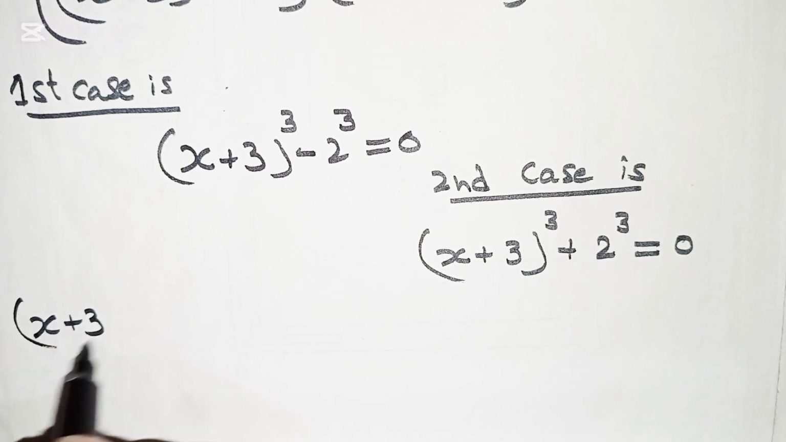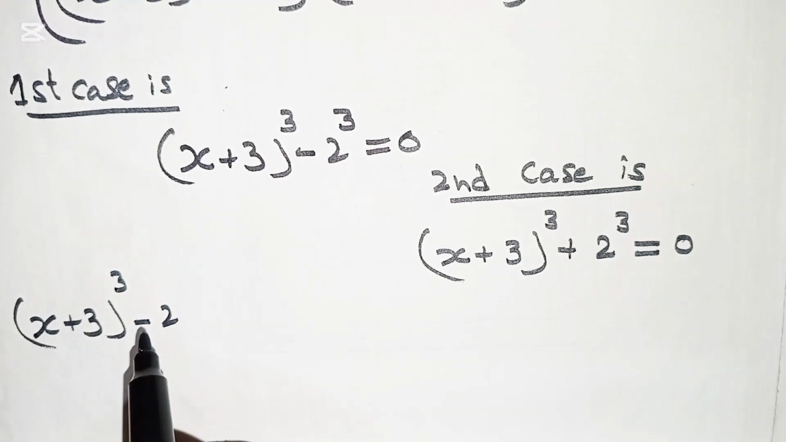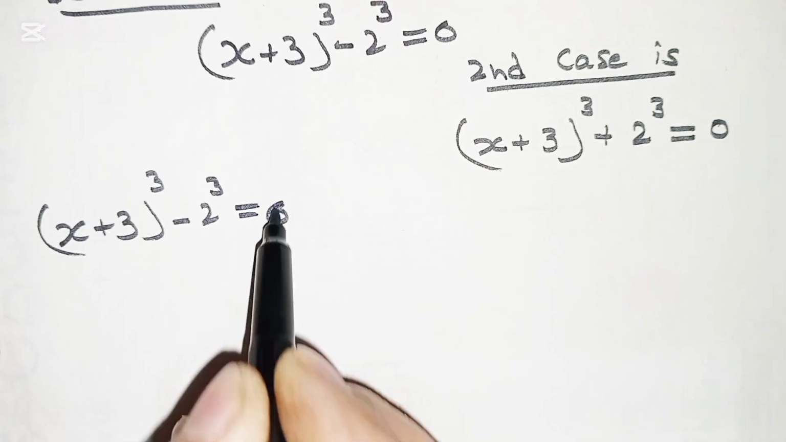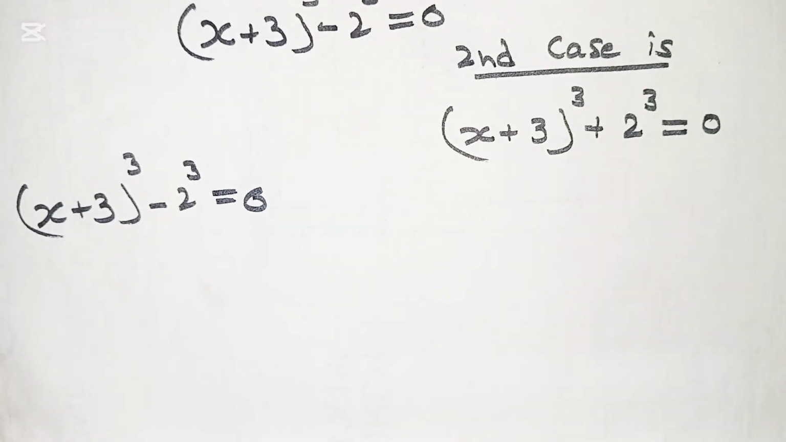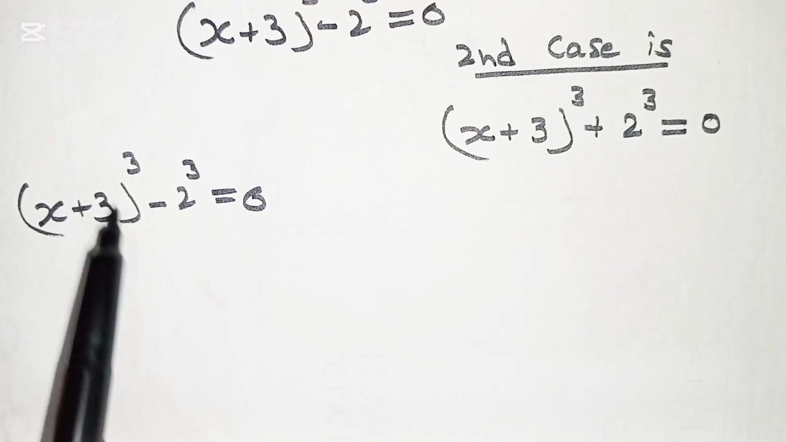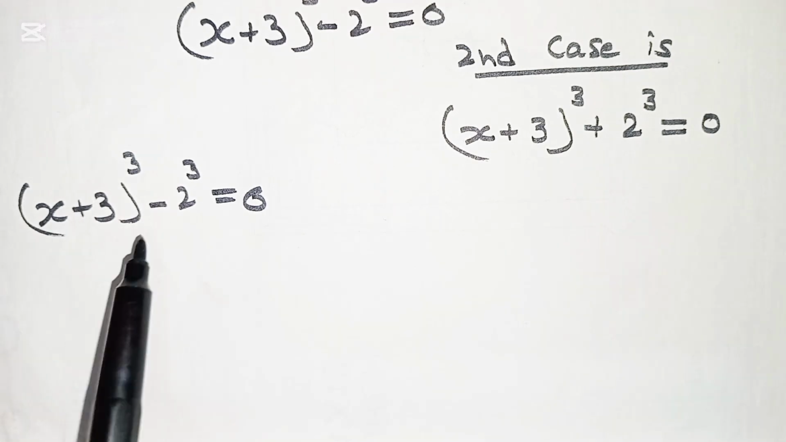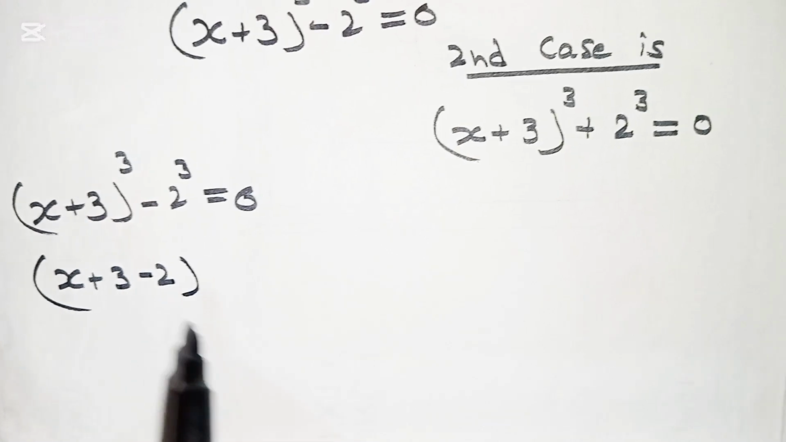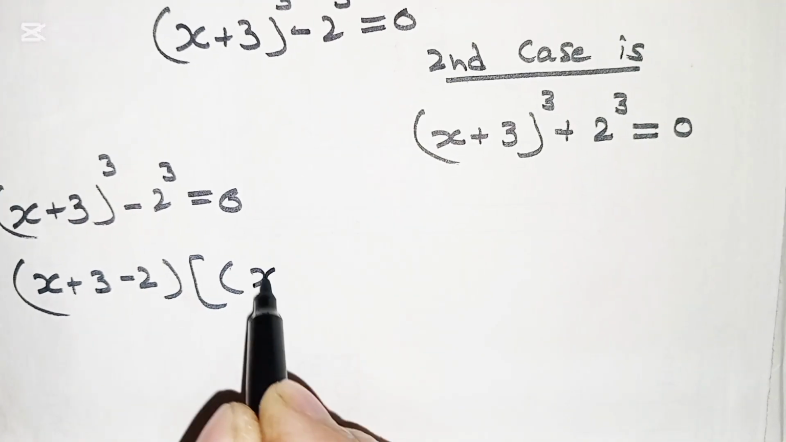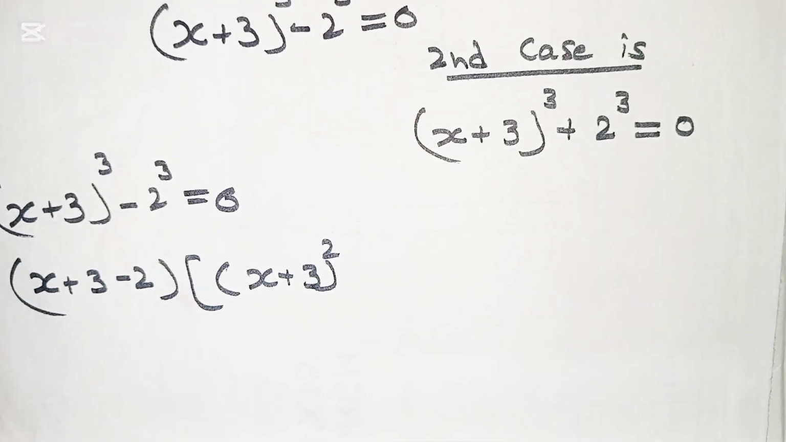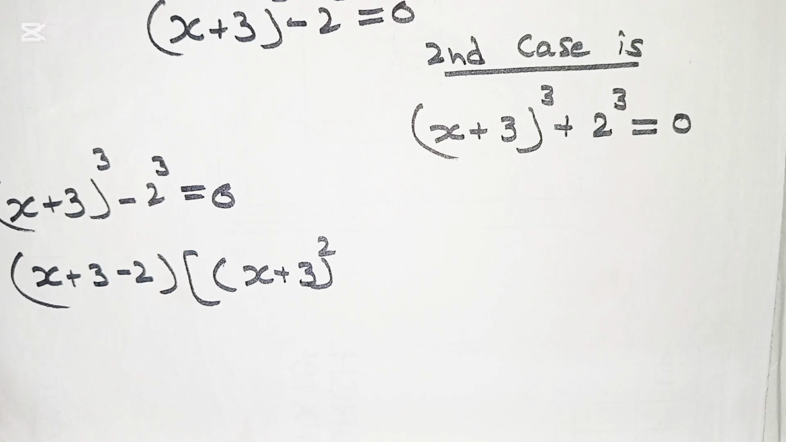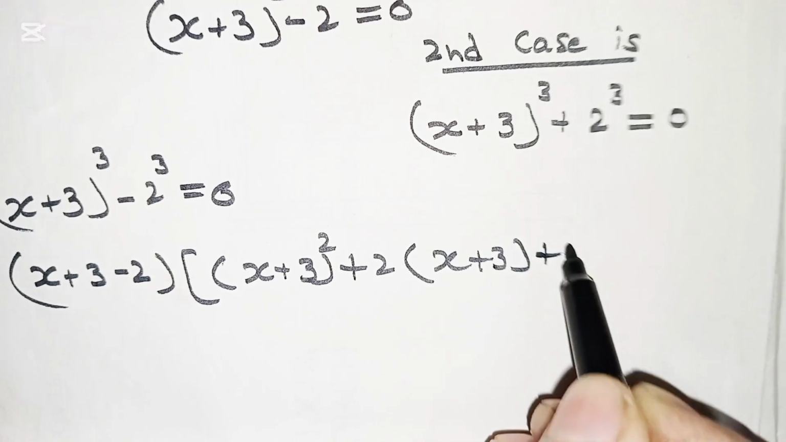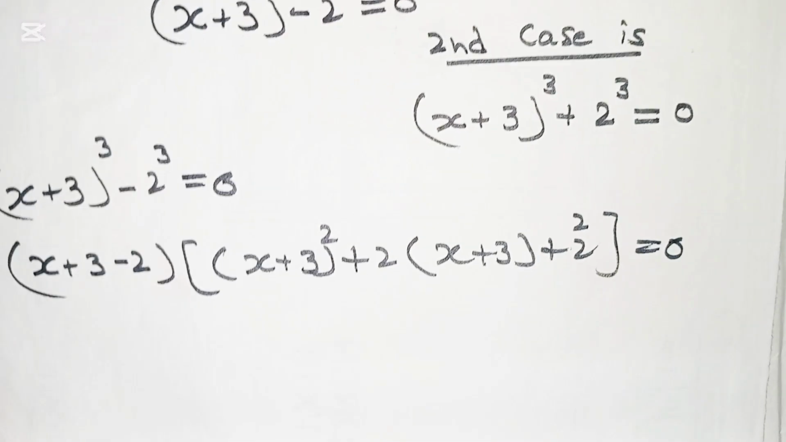(x+3)^3 minus 2^3 equal to 0. And now this can be written as (x+3) minus 2, then (x+3) squared, plus 2 times (x+3), plus 2 squared, equal to 0. And so here